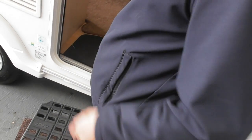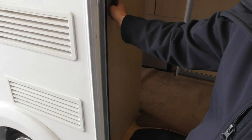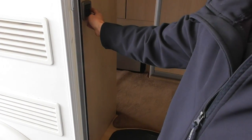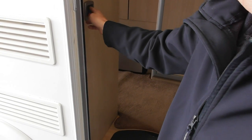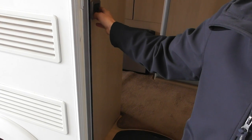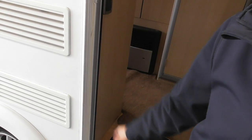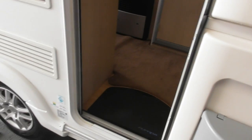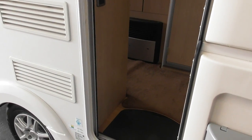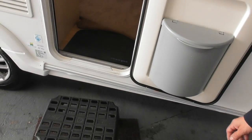Okay, and just through the door, you've got two switches. One is the bathroom, believe it or not. The other one is the bathroom. Yeah, I know, it took me a while to try and figure that one out. But the inner one is your only light. The bathroom is the outer one. You'd think it'd be the other way around. Why would you have a bathroom light there? Oh, I don't know. Don't ask me, I don't build them. Oh, they always put lights in some clever places, but... Yeah. Right, if you'd like to go inside...